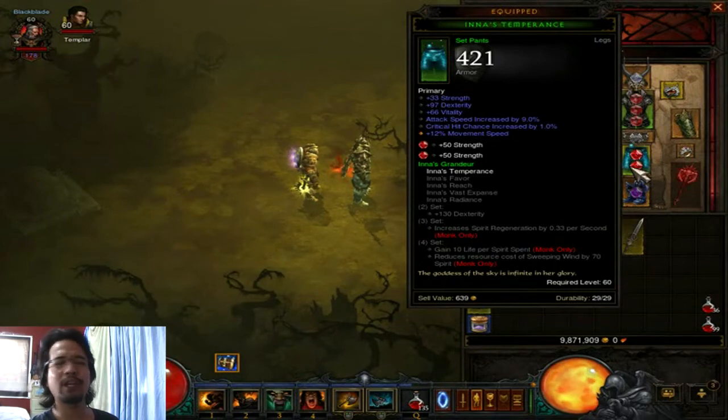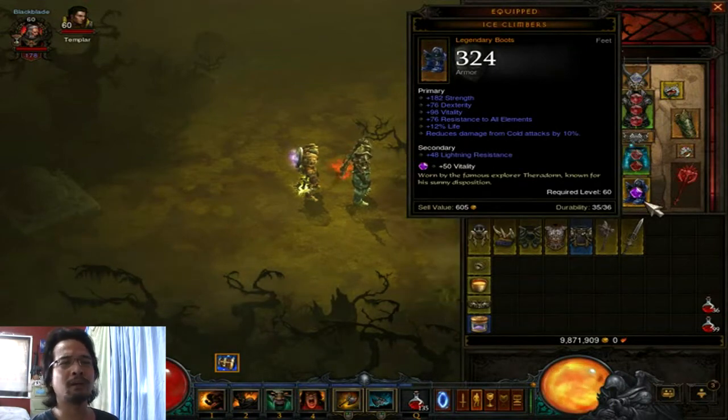I would really love to be able to replace these pants, because Ina's pants are so old school. I really want to upgrade them as soon as possible if I find a legendary anytime soon. Now, for my boots, I am still using the Ice Climbers, simply because of the all resist, vitality, and high strength,